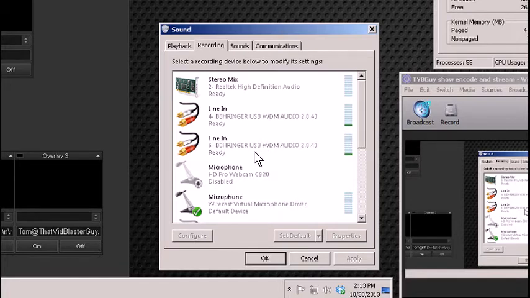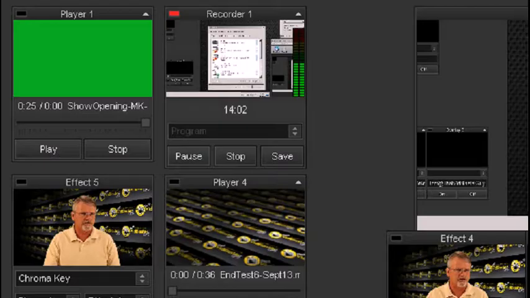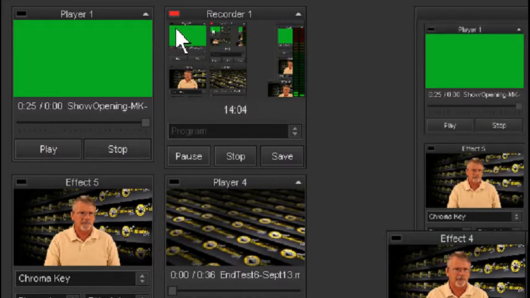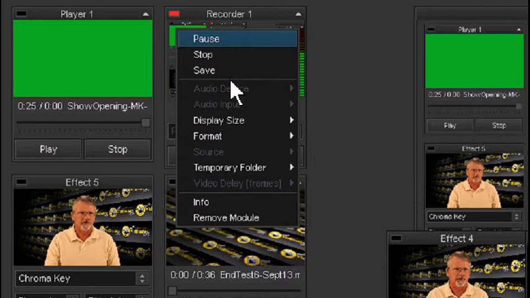So I want to make sure, for example, since line in 6 Behringer is my mixer, that when I pop back into my recorder and I'm selecting my audio device, that I'm selecting the audio device that carries the entire mix